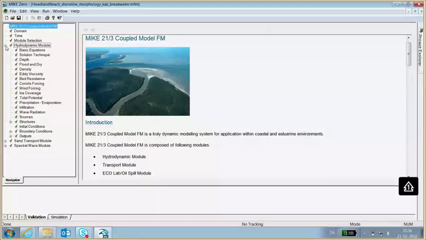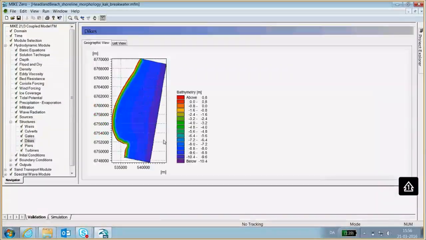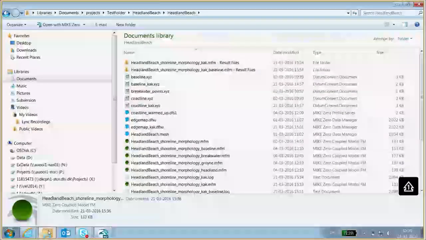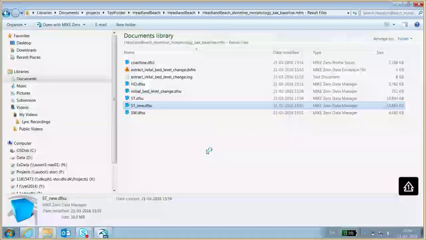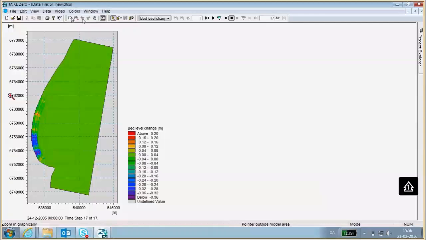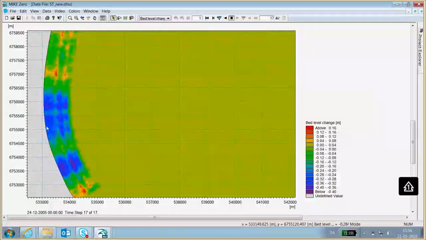So here under structures we will select dike, and then it's actually quite nice, this tool, if we just zoom in. So if we look back at our baseline results here, and then look at that bed level change, and then say, okay, we would like to protect this area here, so maybe we should have a 500 meter long breakwater, and maybe we will locate it from here to here.